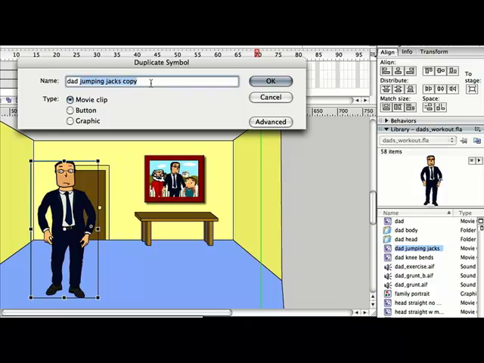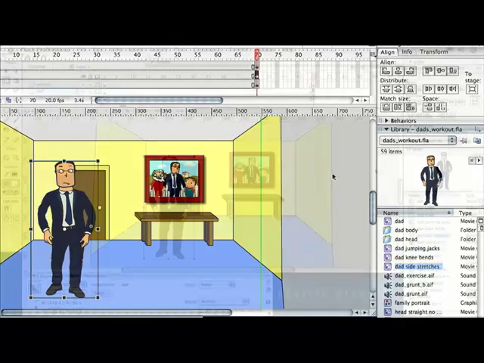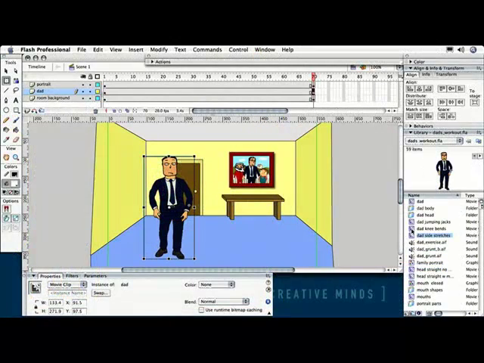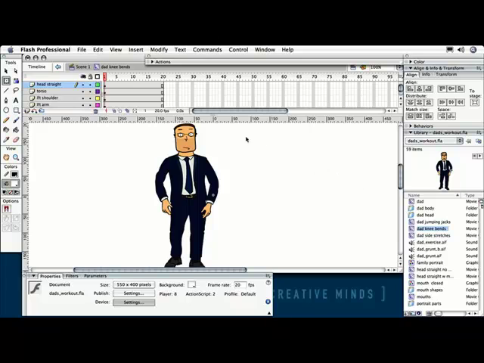So we'll give them the proper names and we'll be able to find them easily later. Now let's start off with those deep knee bends. To make changes to these duplicates, all I'll need to do is double-click on them right out of the library, and this is going to open up the file that consists of all of the graphics we're using